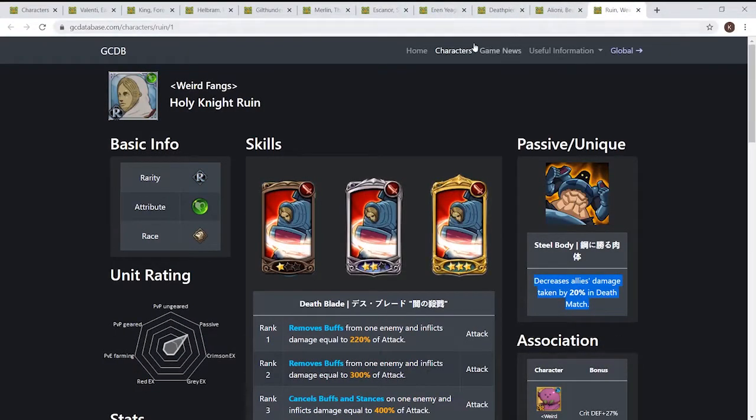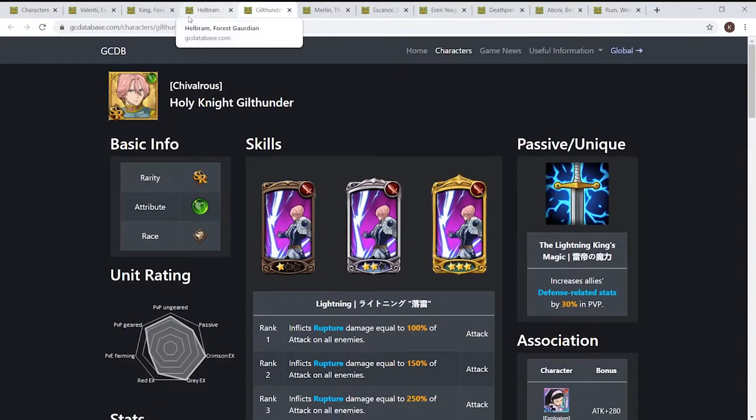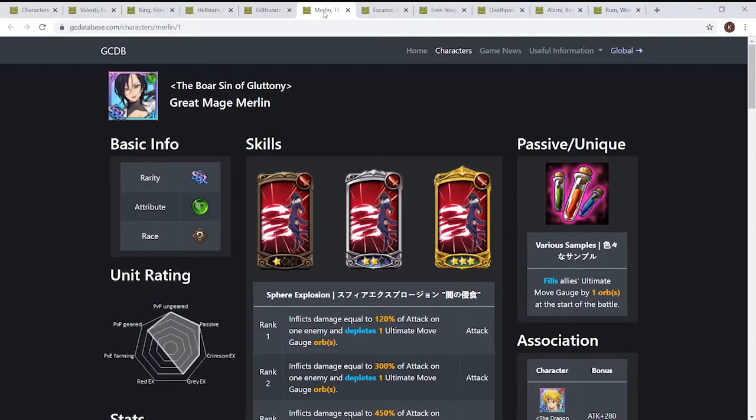So this is my guide. The best team you can bring is King, Valenti, Helbram or Gil Thunder. And in the back slot it could be Death Pierce or Merlin. That's the best team you can bring. For the team I might be using...